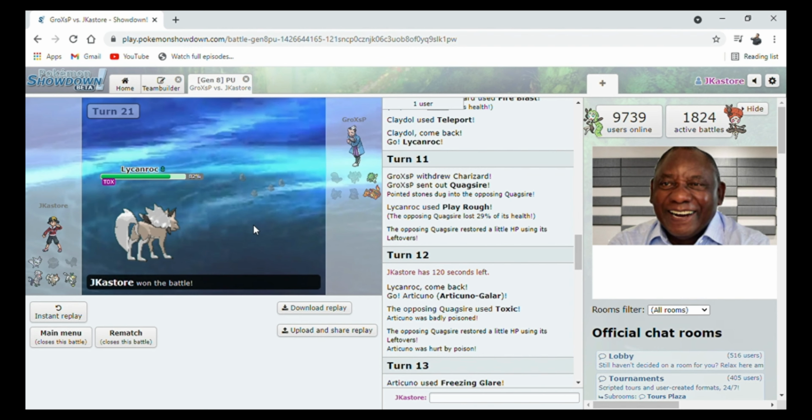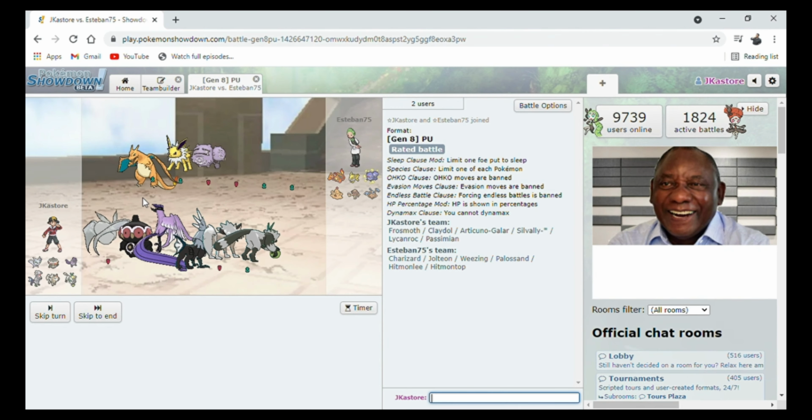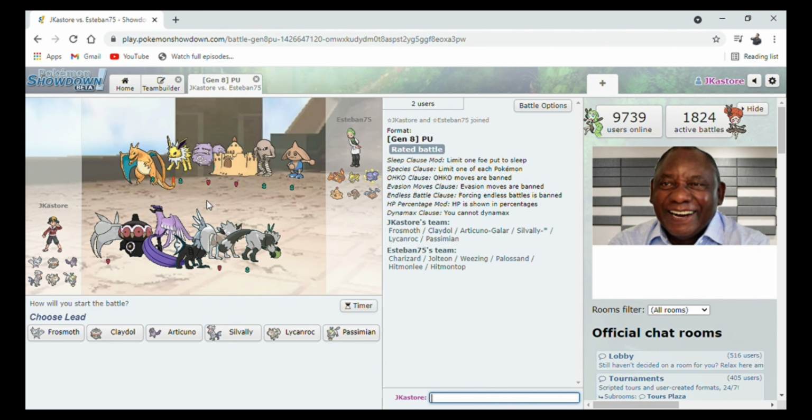I mean, the Accelerock is too strong. If you bring Mons weak to Rock types, then you have to have an answer for Accelerock. So we didn't do that much. For example, right here, Charizard's weak, so you have to have a Ground type right here. So I do expect...